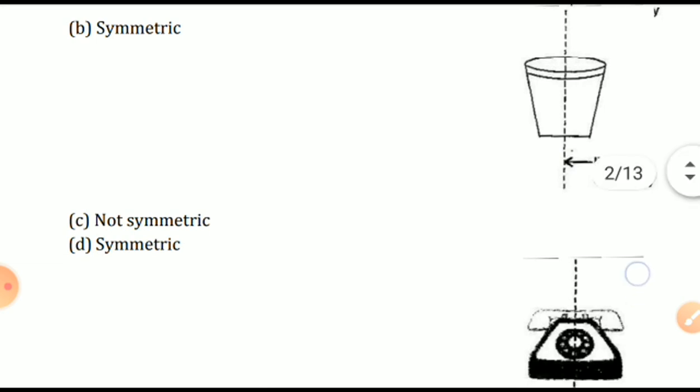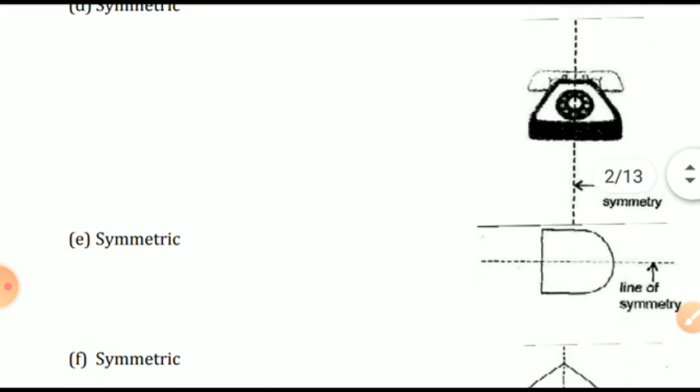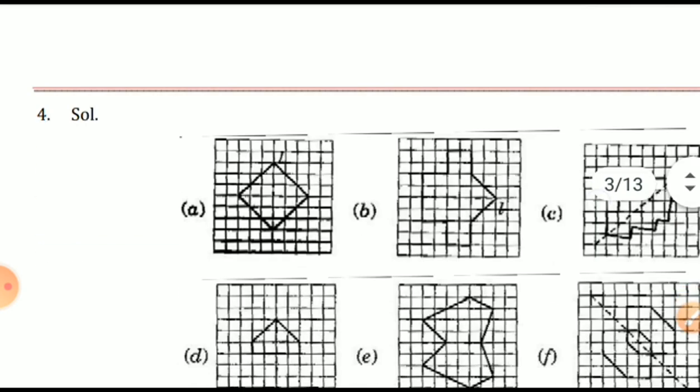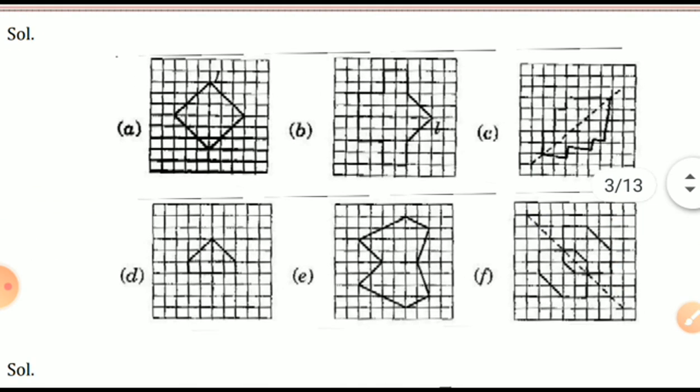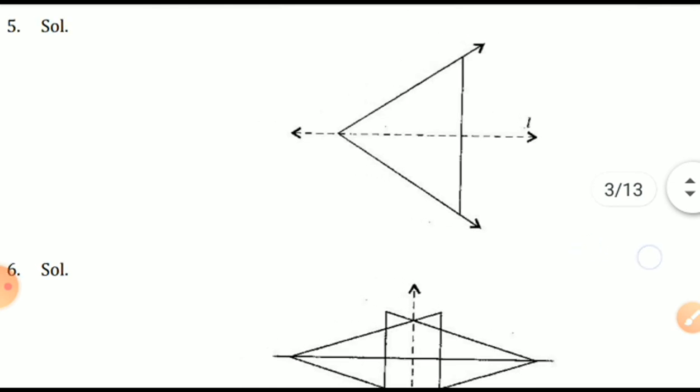Look at the light, it is a fan. It was not there. But a telephone also has a line of symmetry, vertical. D: line of symmetry with the horizontal. Pentagon: line of symmetry vertically. Is it? For these types of shapes, you can play games, or you can fold it and draw it. The next question was given on the arrow.